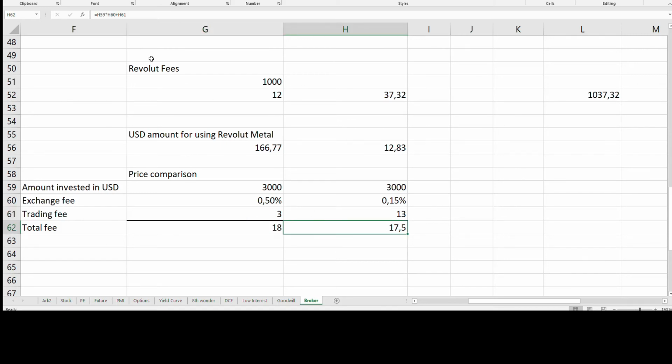So we can see here that if you take 3,000 and multiply it by 0.15% and then add the $13 minimum, and you do the same over here, then it's very obvious that it is cheaper to go with the broker that I'm choosing, as long as my trades are at least $3,000 large. So I know that this was probably not the broker that you would have thought I was going to go with,